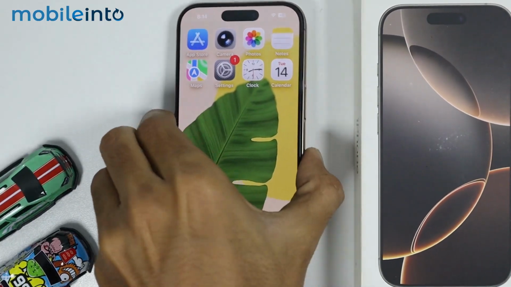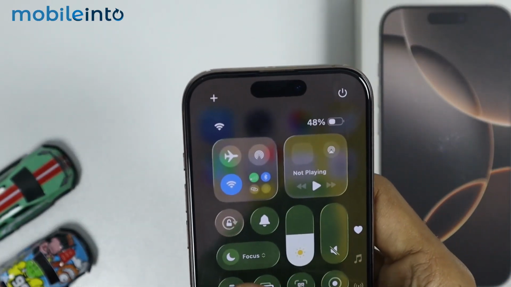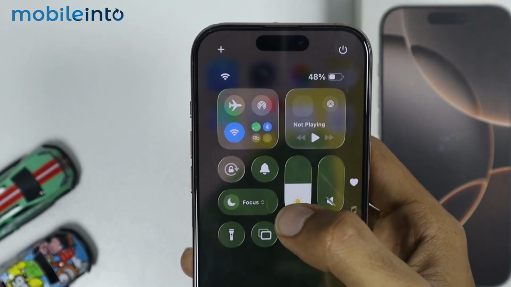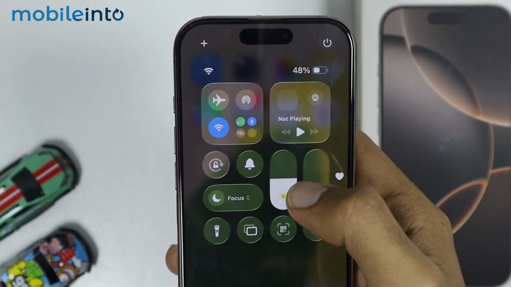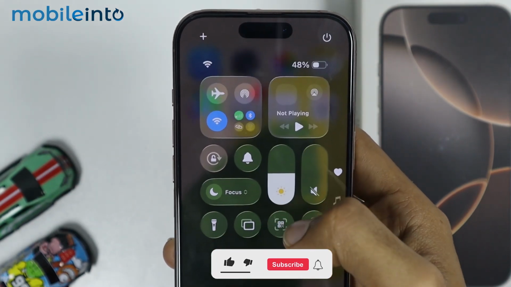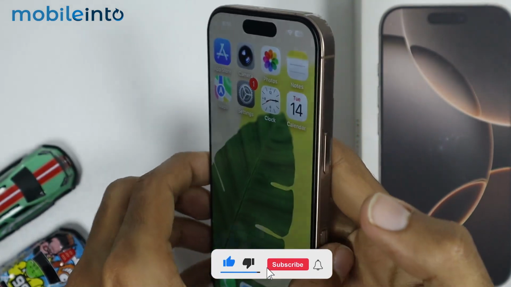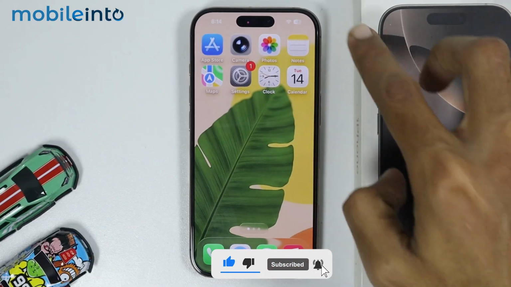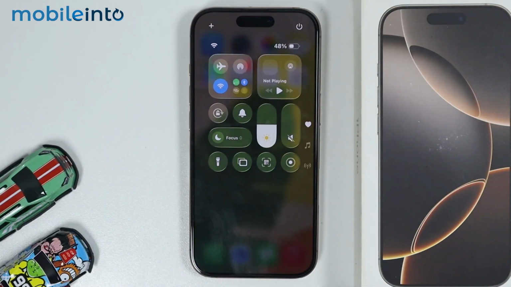In this video, I'll be showing you how you can add and remove the flashlight icon from the control center of your iPhone 16, 16 Pro, Pro Max, and the Plus. So let's get started. First of all, just swipe down from the top right of the screen and open the